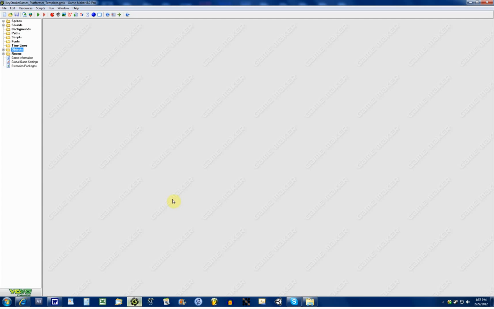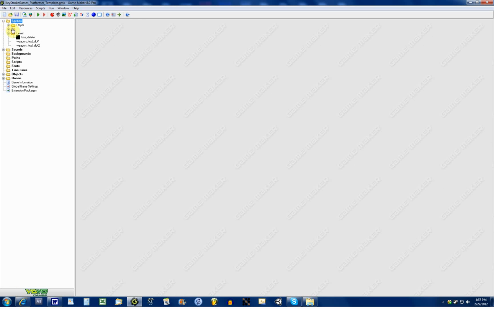So let's go ahead, and this is what the project looks like when you first open it. First I'm going to show you how easy it is to substitute sprites in and to get the effect you want. Now, I forgot to cover this in the first video, which I really should have,